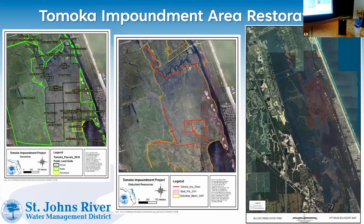It's privately owned. So all of these dark cross-hatched are private owners. We've approached them. We have willing sellers for many of them. We've applied for grant funding to purchase them. Now, why would we want to do that? Well,